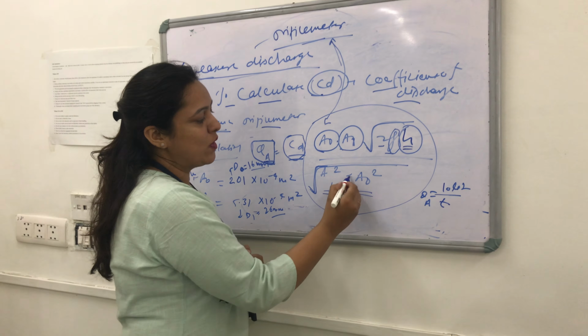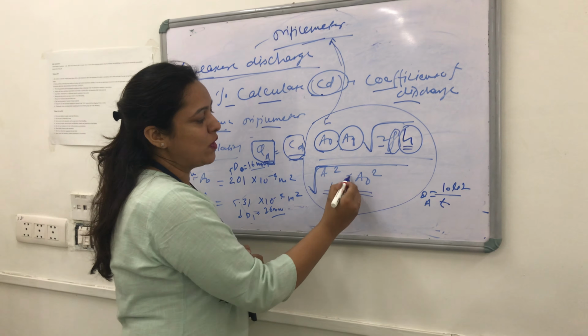So with the help of A0, the A orifice, and A1, the A inlet, we are going to put all these values. We have now A0, we have now A1, 2G is 9.81. We again have the value of H that we have obtained experimentally, that is 3 centimeter of Hg, or 3 into 10 to the power minus 2 meter of Hg. Again A1 square and A0 square. By putting all these values, this particular value will be known to us. If we know this value, that is nothing but Q theoretical.